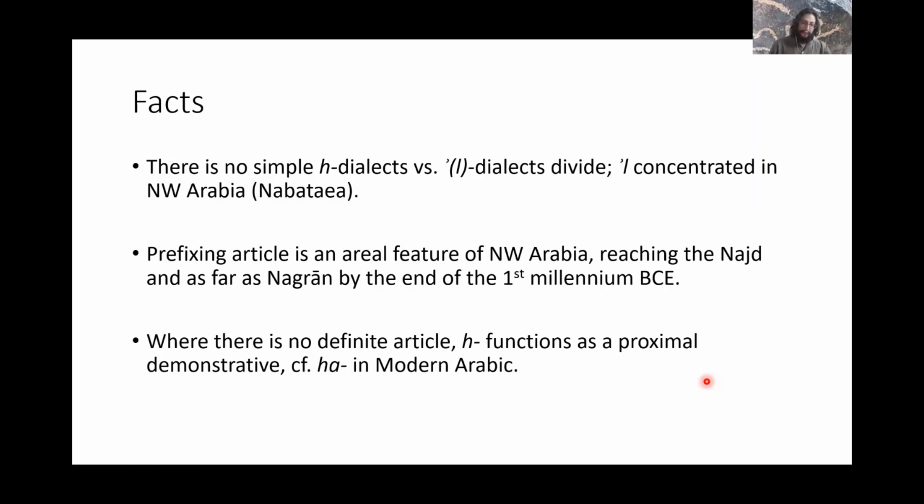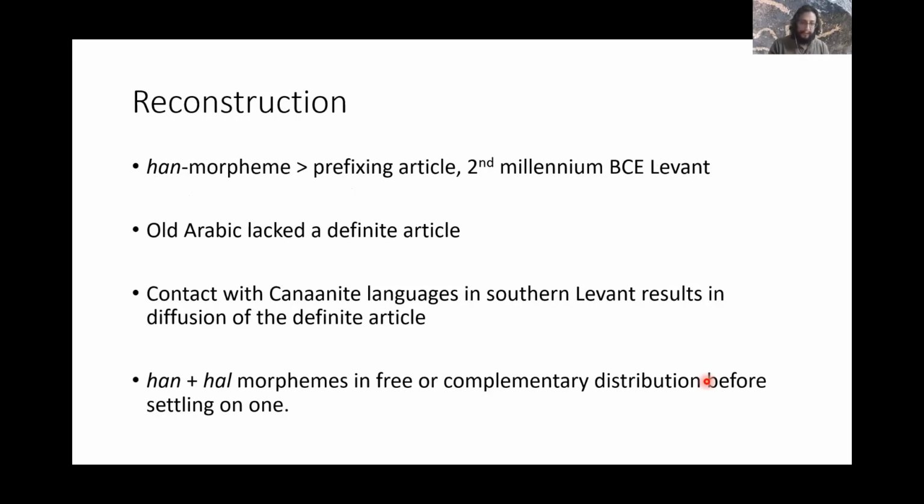With those facts, I'm going to try to propose a reconstruction. We would say that the han morpheme is the original morpheme, HA, and maybe we can just put some liquid there at the end. That this is the origin of the prefixed article. So I'm agreeing with Chomper here, and it takes shape in the second millennium Levant, end of the second millennium Levant. Old Arabic, let's say even Proto-Arabic. I think looking at this entire